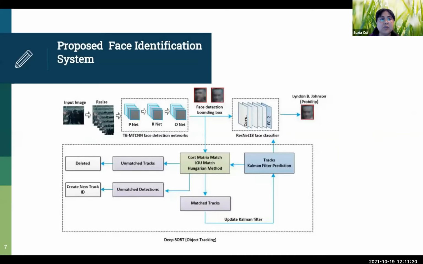I come back to the whole system diagram. Another insight of our method is that the image face detection algorithm may fail in some of those frames. We can recover such missed faces by tracking the same object in the continuous frames. Specifically, the TB MTCNN model is applied as a face detector to extract the facial features and to predict